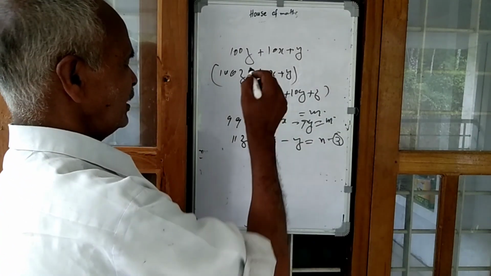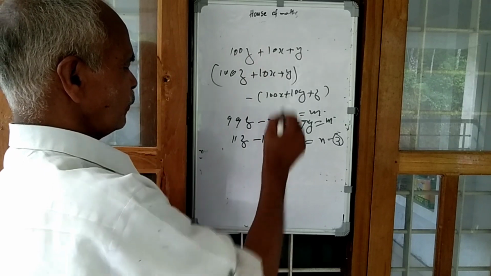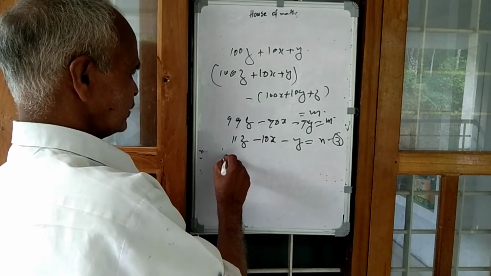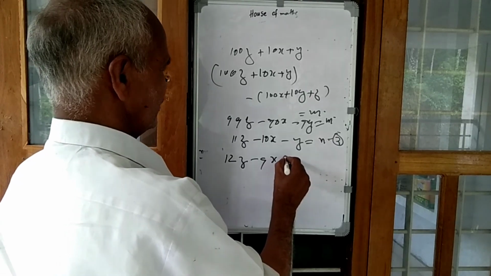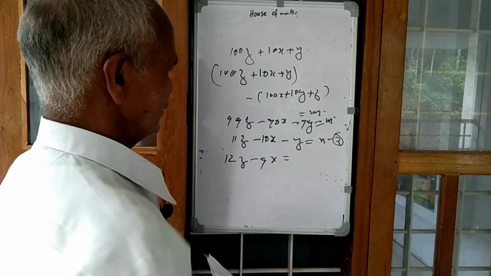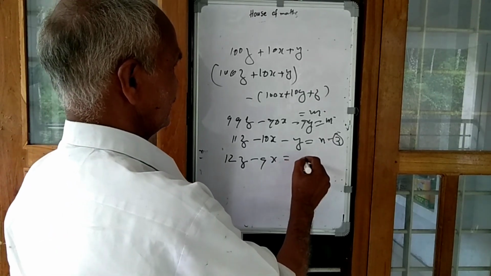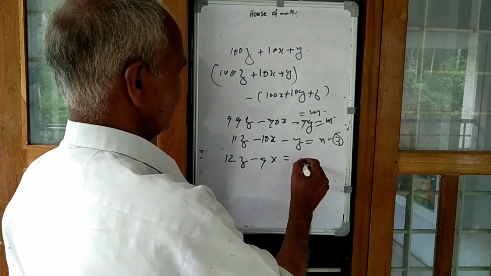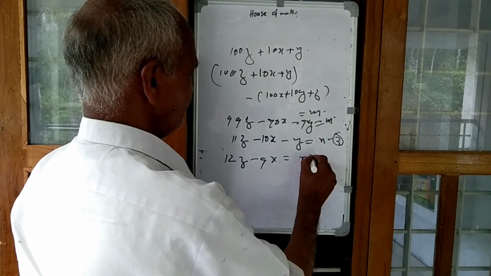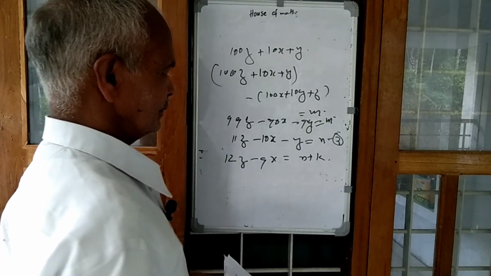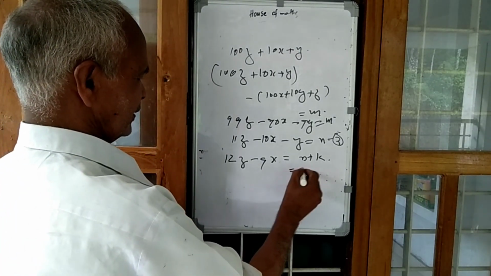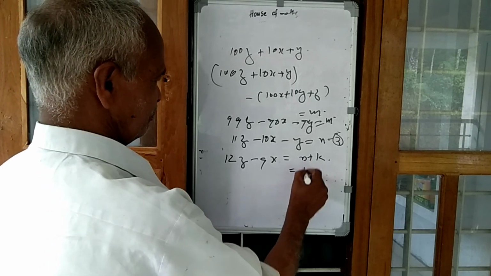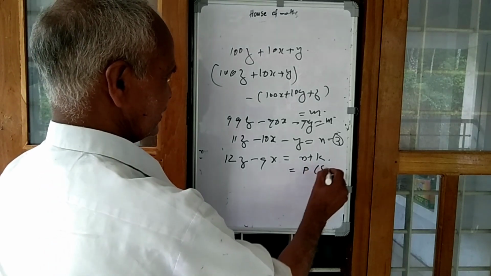Eliminating y between equation 1 and 2, we get 12z minus 9x equal to n plus k. N plus k equal to p, say,